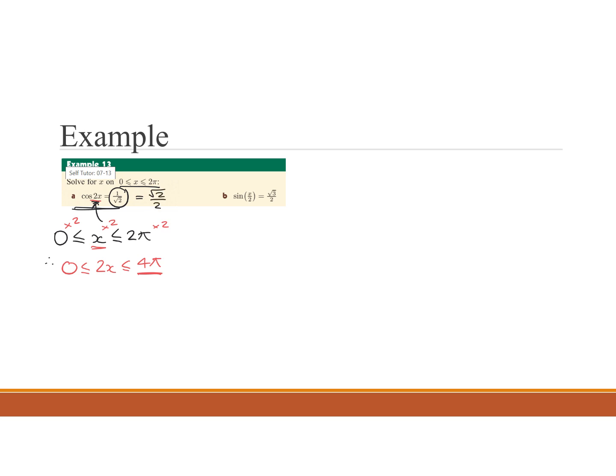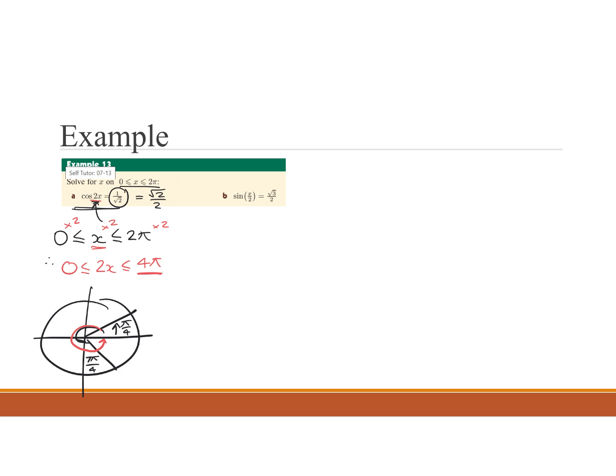So again, if we have a look at our unit circle, where is that? We know that's going to be here at pi on 4. And also if we come round, we know it's also going to be here at 7 pi on 4. Okay, now that's only going around once. So that's going from 0 to 2 pi. And so that means we have to go again. And if we go around again,